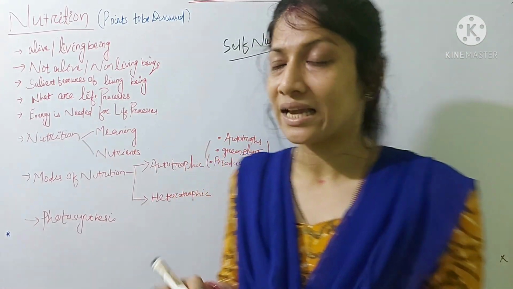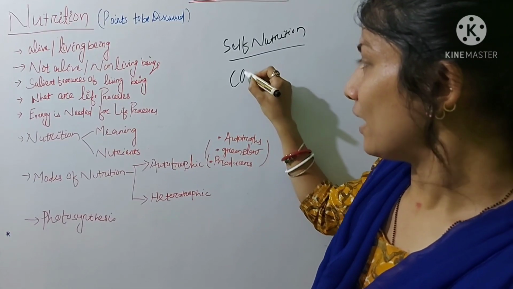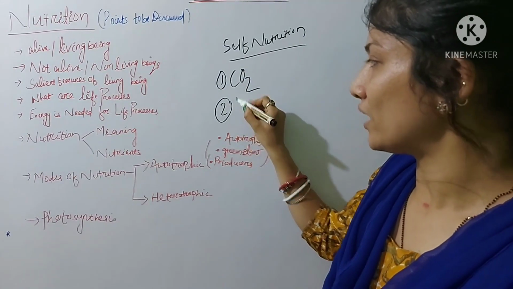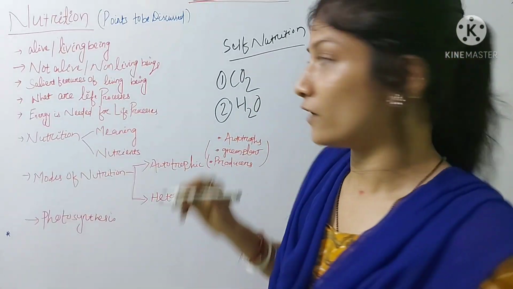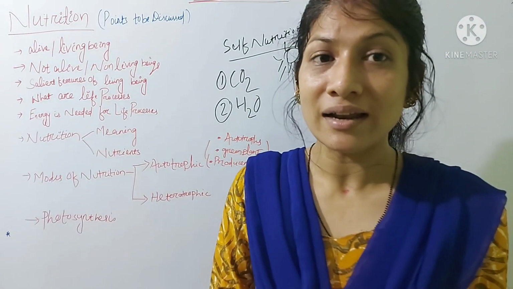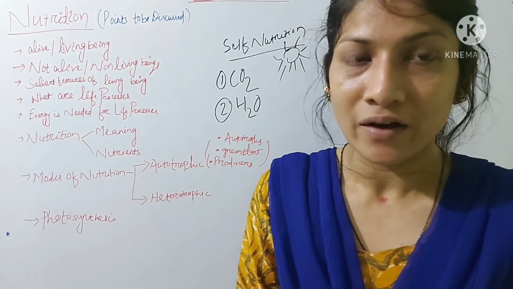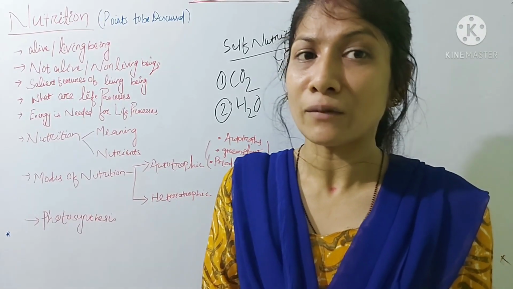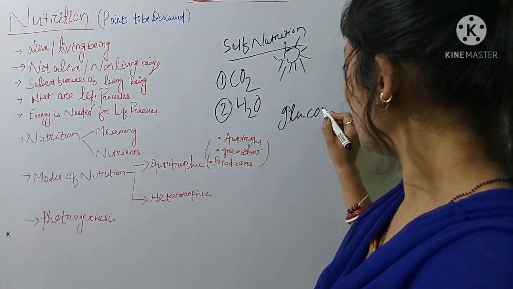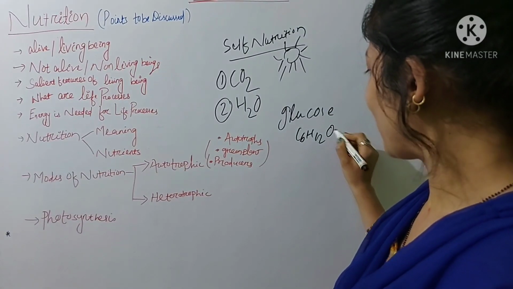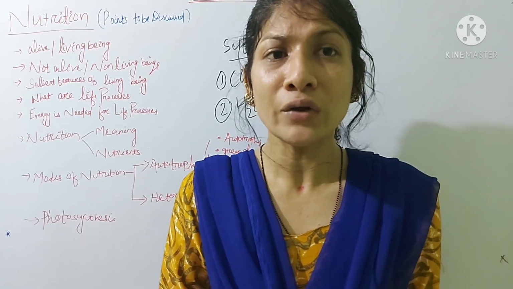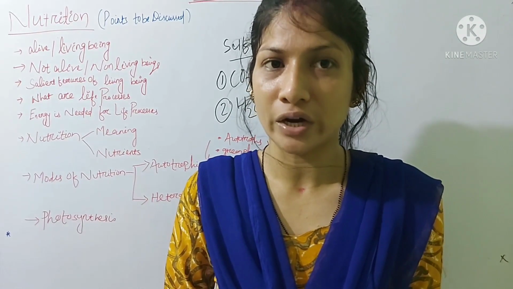Autotrophic nutrition is the mode of nutrition in which the green plant can make or prepare or synthesize its own food by utilizing the simple inorganic material. First is carbon dioxide, second is water, with the help of solar energy and chlorophyll pigment which is in the leaf of the plant, to produce the simple sugar, that is glucose, C6H12O6, that is the simple sugar. This process is known as photosynthesis,